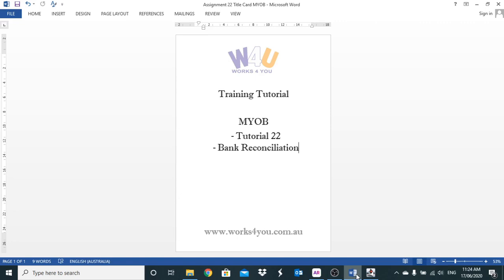The reconciliation process is actually critical when it comes to bookkeeping. We're going to be using an example of reconciling our bank statement. We've got a check account that we've set up, that we've been spending money and receiving money from our suppliers and customers, and we're going to reconcile that bank account to ensure that the transactions we've been entering into MYOB are accurate. The reconciliation process is critical because it's the only means of double checking that the transactions